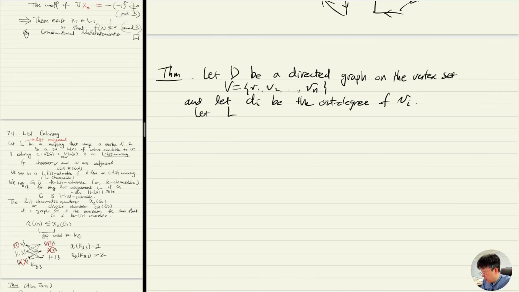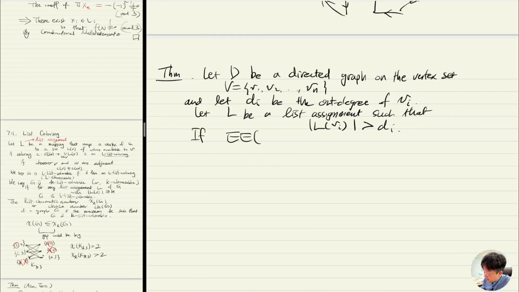Right, so let L be a list assignment such that the size of L of Vi is more than Di. So I give a list assignment so that each vertex has more colors available than the out degree. And if